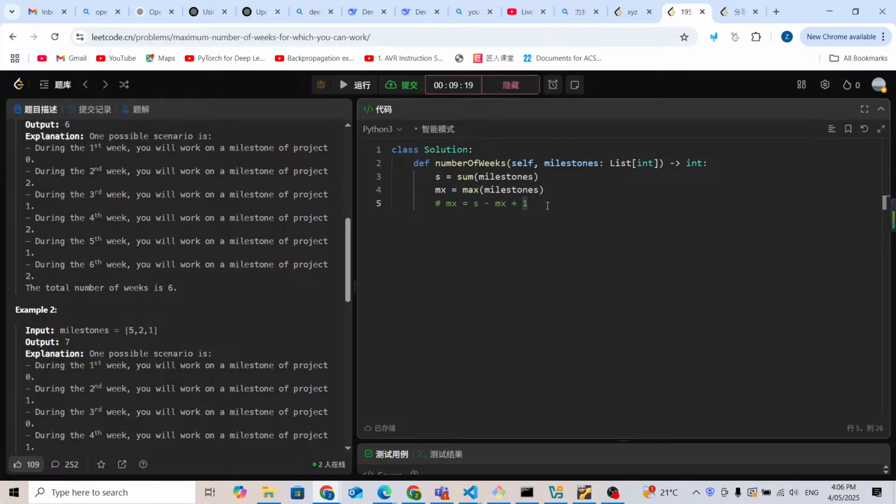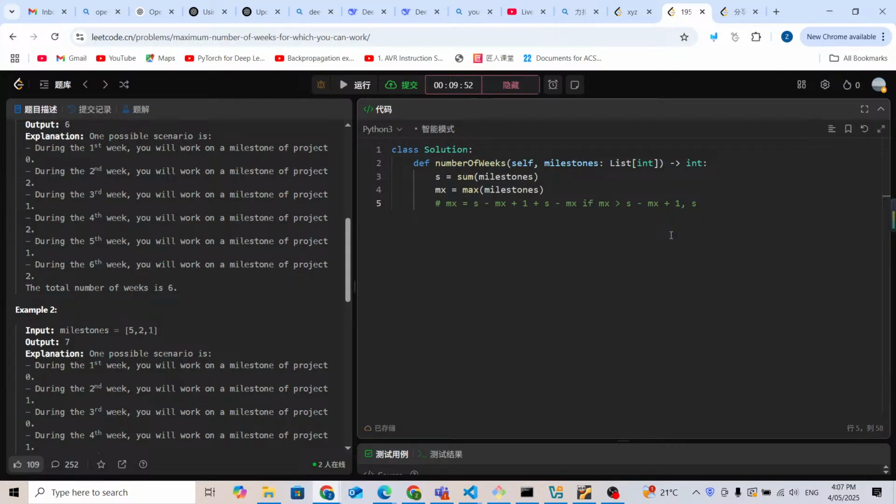So this means if a number is bigger than this one, instead of using that bigger number, we have to use this number. And then we're going to use this number plus the other numbers. So what is left behind is s minus mx. So this is going to be the final return. The condition is that if mx is more than this one. Otherwise, we just need to return s.